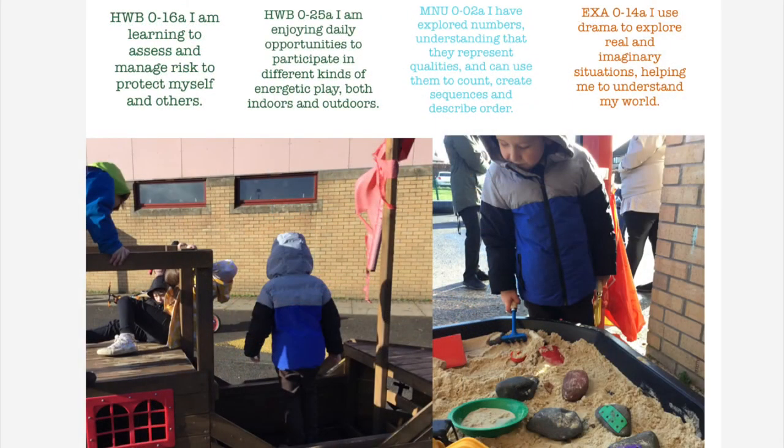Our learner then decided that he wanted to play outside. He asked an adult, then hung his name up to go outside. He played with his friends on the pirate ship, participating in energetic play which then developed into a role-play situation around pirates. He then spent time in the sandpit where he identified the Numicon stones in the sand